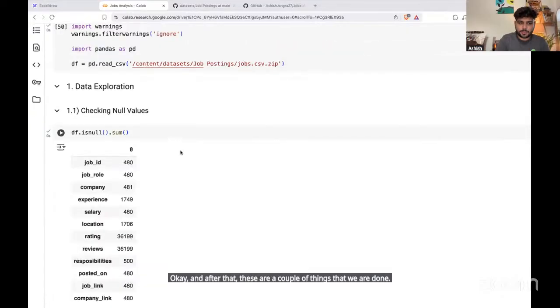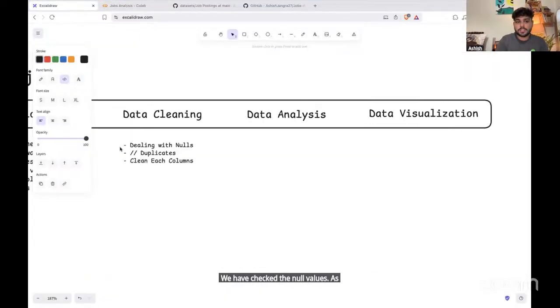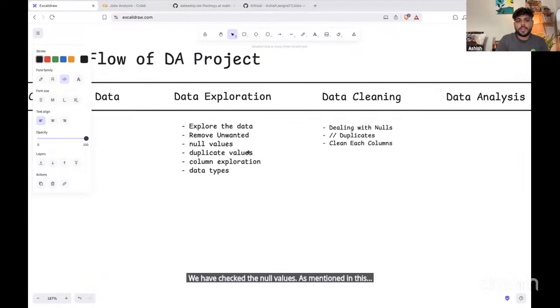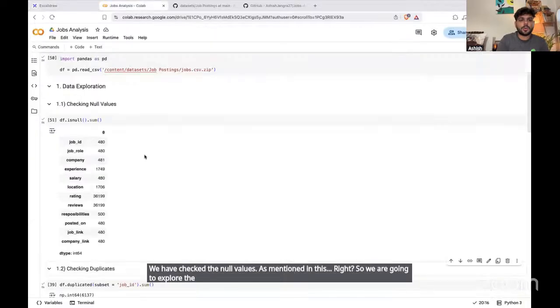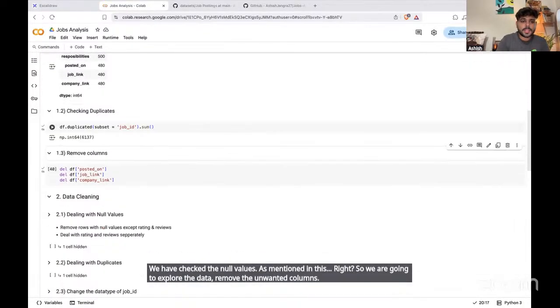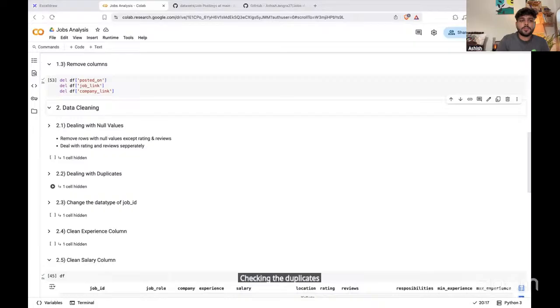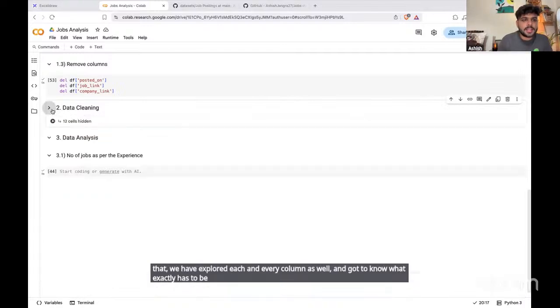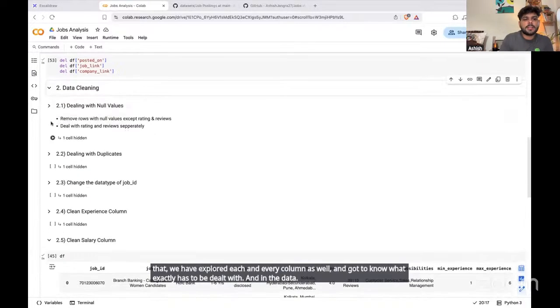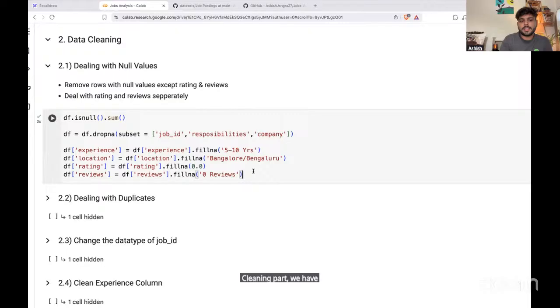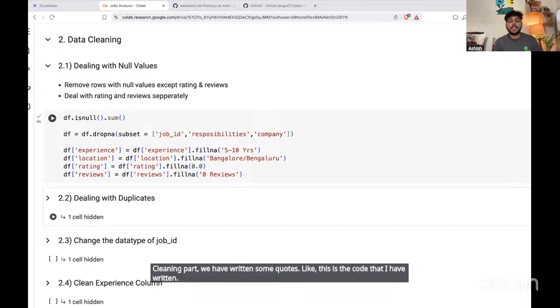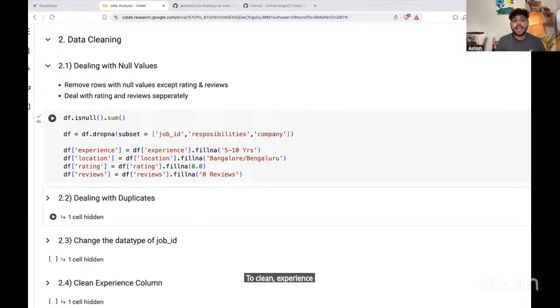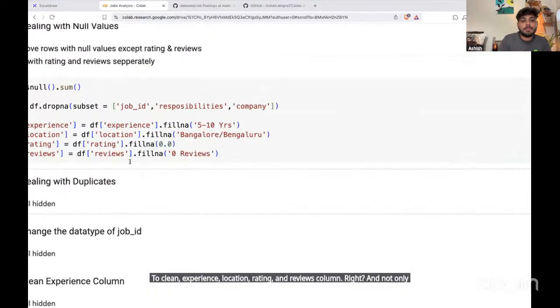We have checked the null values as mentioned in this, right? So we are going to explore the data, remove the unwanted columns, check the duplicates, and that is it. After that, we have explored each and every column as well and got to know what exactly has to be dealt with. In the data cleaning part, we have written some code, like this code that I have written to clean the experience, location, rating, and reviews columns, right? And not just replacing this,